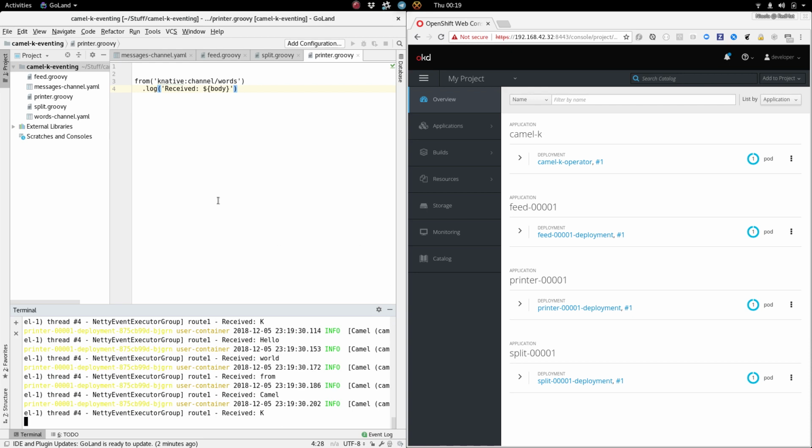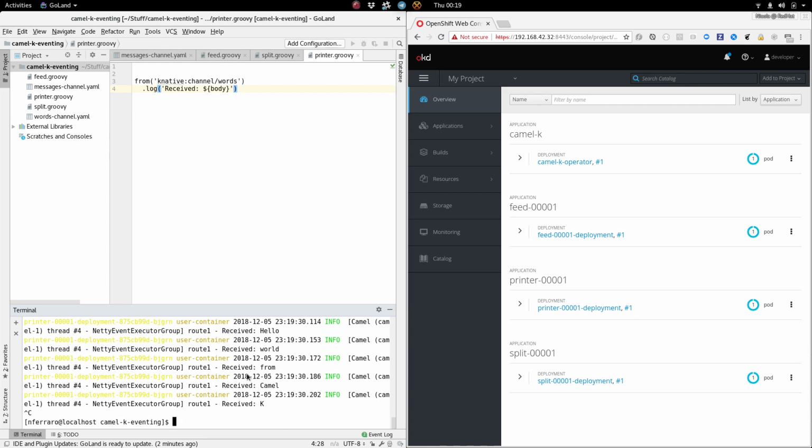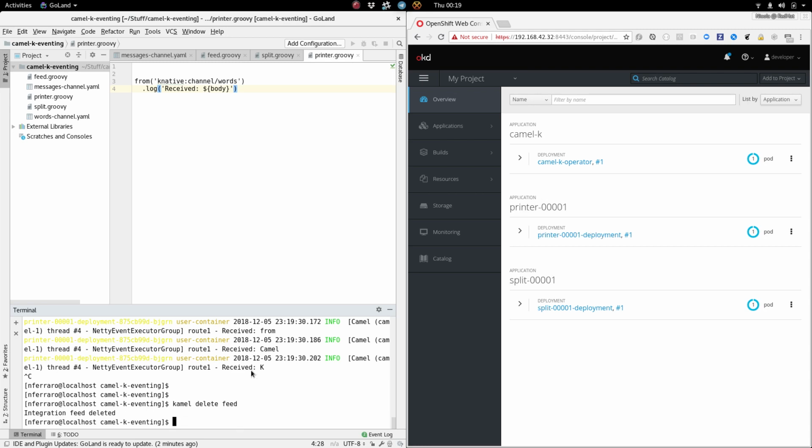For example, let's start playing a bit with it. So what happens if I delete the feed? If I delete the feed, no more messages will flow inside the split and then the printer, right? So if I wait a bit, I will see them scaling down to 0. So let's pause the presentation and then let's see. Okay, now the integrations are going to be scaled to 0, but in the meantime, let's define a different feed